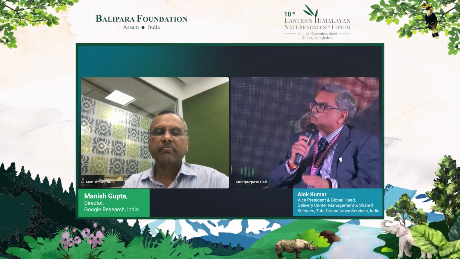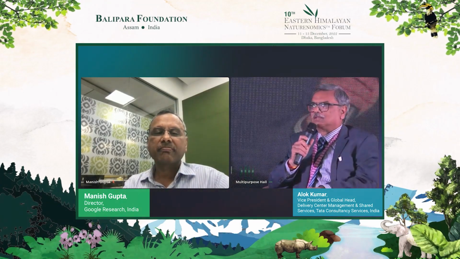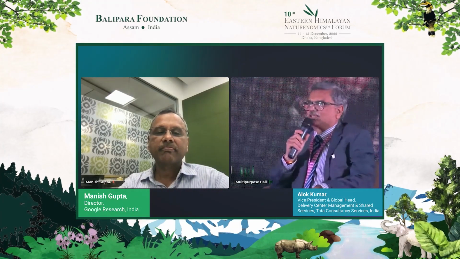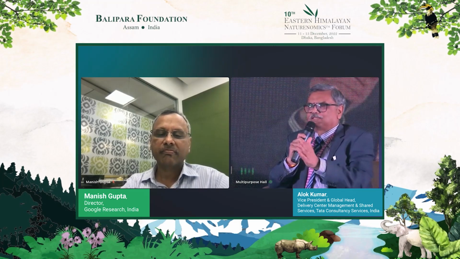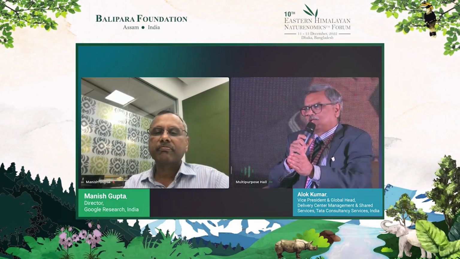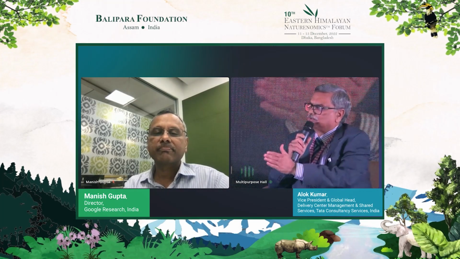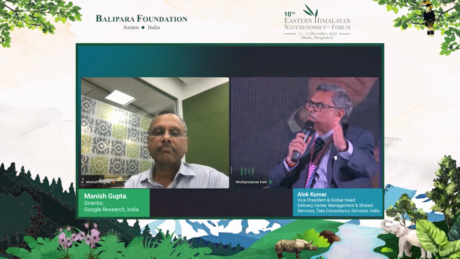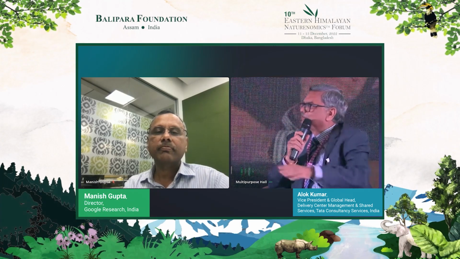Google Map we just talked about, and Manish explained it beautifully. What other things can be done? And I'm sure my colleagues will be talking about the other products and facilities available. But we are at a stage where, in the last 5 years, digital technology has grown fantastically. I've been in the IT industry for 35 years, and I've seen it from mainframe to current cloud-based computing, AI,